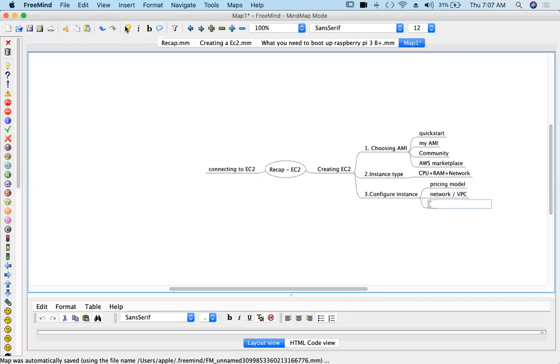We will choose that. And then we have a lot many options. You can apply roles here, roles to your EC2 instance. We have not yet discussed, so I'm not putting them. Only pricing model and network for now. We have discussed those two only. And fourth step,